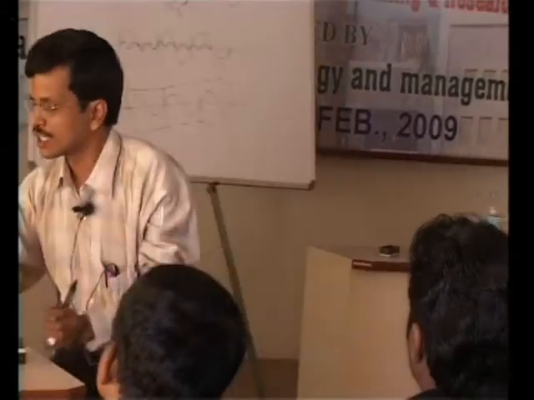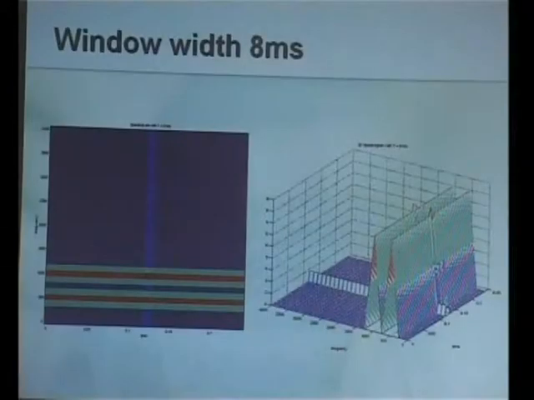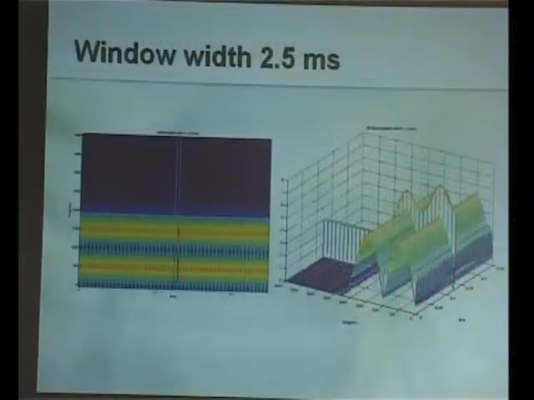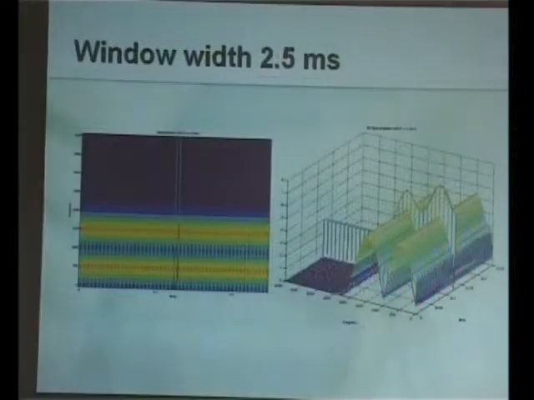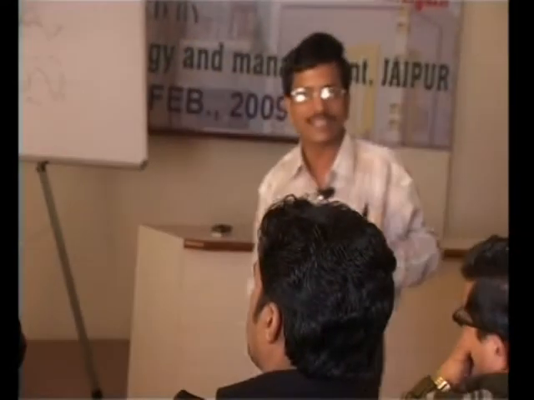So if you compare with the previous result, with a window of 8 milliseconds, that means more cycles of the signal you have taken, so you are getting better frequency information. Now when I am reducing the window length, I am getting a poorer frequency resolution. Just compare the two red strips at 500 and 1000, the frequency resolution in the earlier case with a larger window and the present case with a smaller window. But what you are getting better? Disturbance. The two disturbances are clearly visible at 125 and 130 milliseconds.